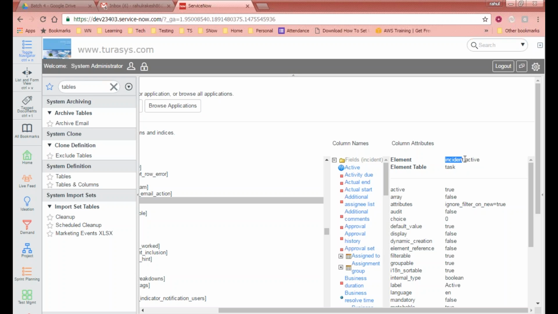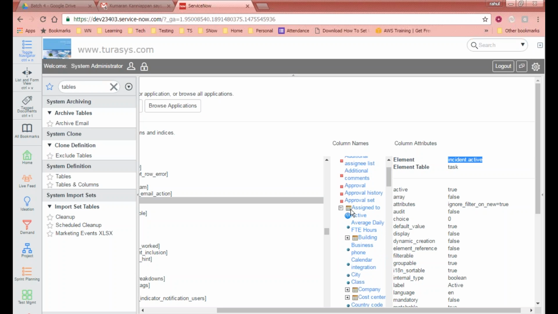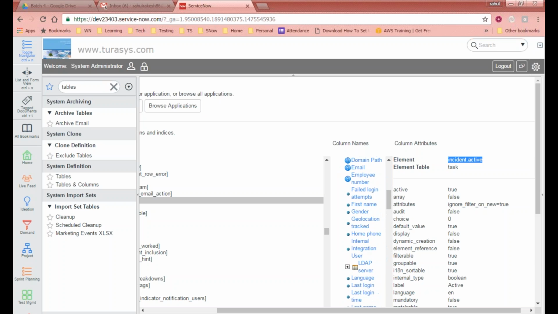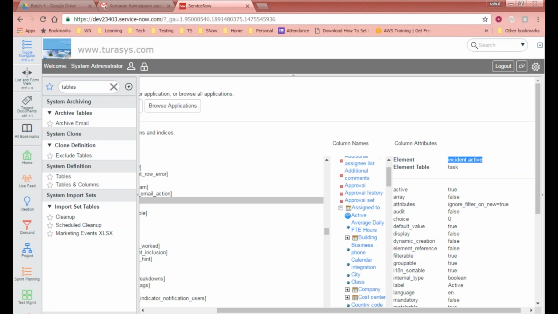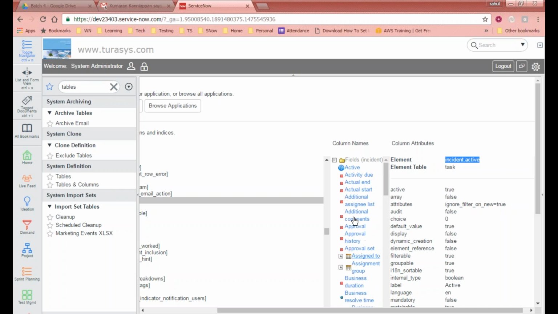So you can get the traversal text from here in the element field. Now if I go to the assign to, you see this assign to has a plus button which can be expanded, right? The moment you click on this, it gets expanded and shows you another list of columns. So this plus button is showing me that this table is related to the incident table